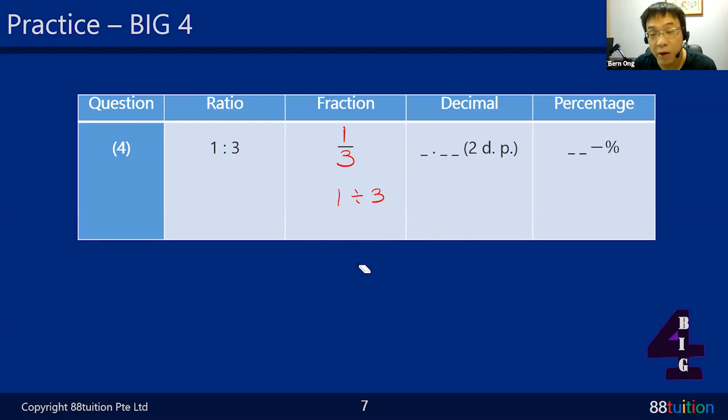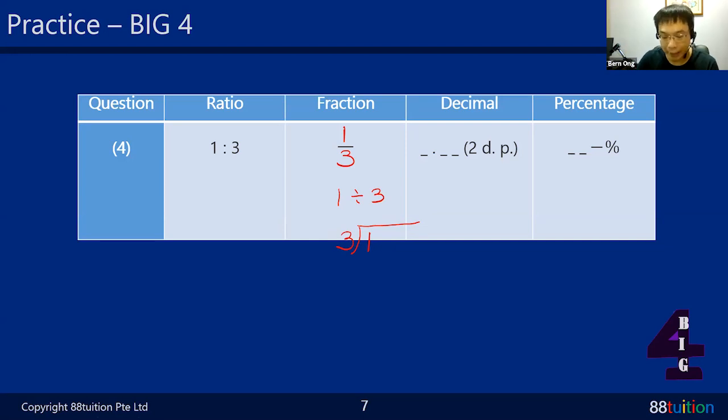What does 1 divided by 3 mean? 1 divided by 3 means that the 1 is actually inside. 1 is here, 3 is here. This is called 1 divided by 3. Can you see? So not every time the big number is inside. Stop having that kind of thought. So, 1 divided by 3.